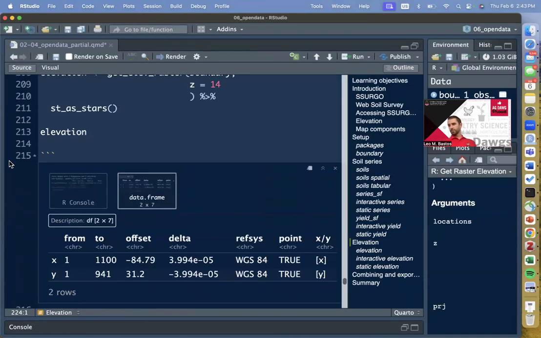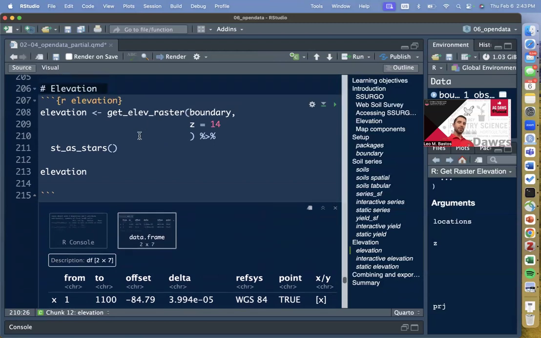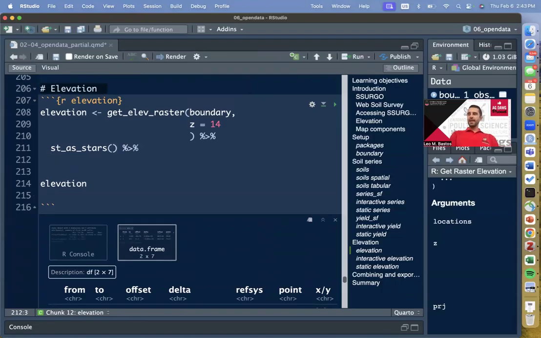So let me see, where do we do that? Yeah, we do it right here. So if you just come back to this chunk here, let's give it a pipe. And if you remember,